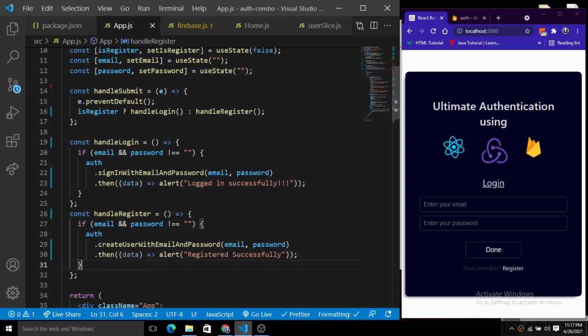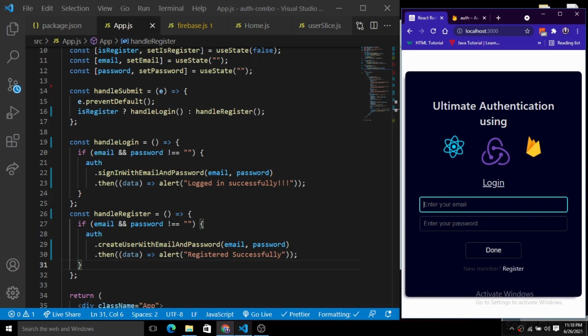But the only thing left is to handle the authentication change. We just want to check the state of the user, whether the status has changed. So we are done with the login and the register thing here. Let's check it. It will not authenticate, or it will not simply throw us back to the home page. We will explain why that is.